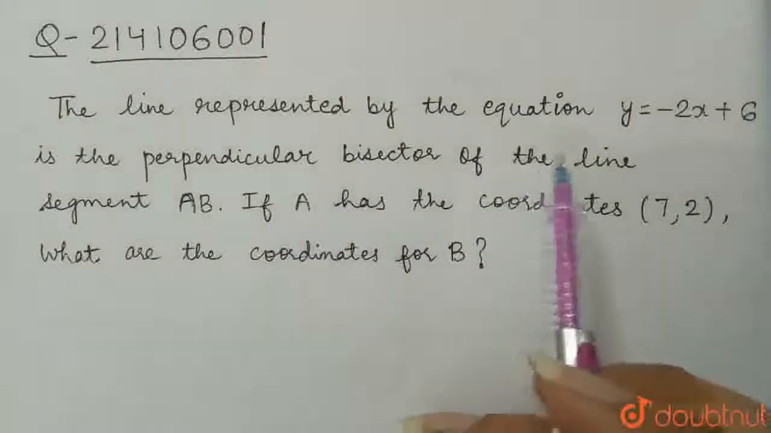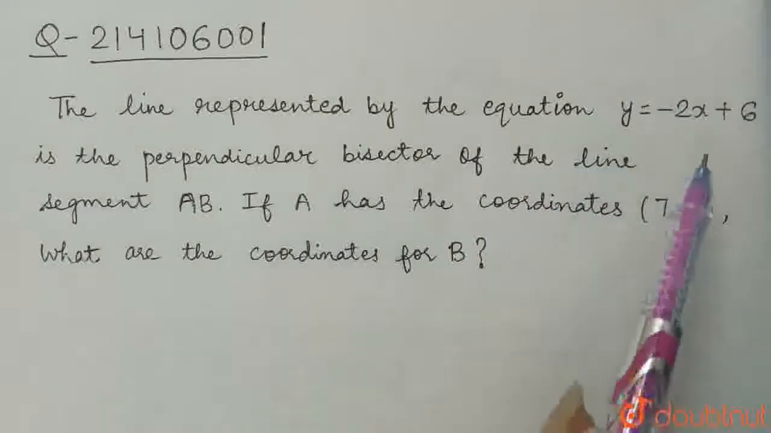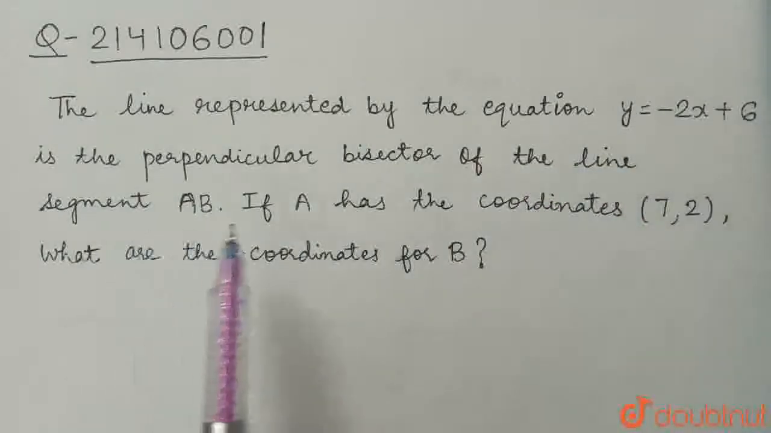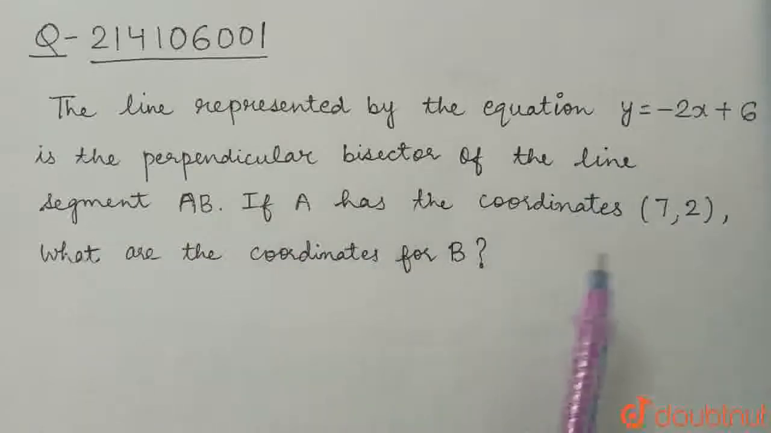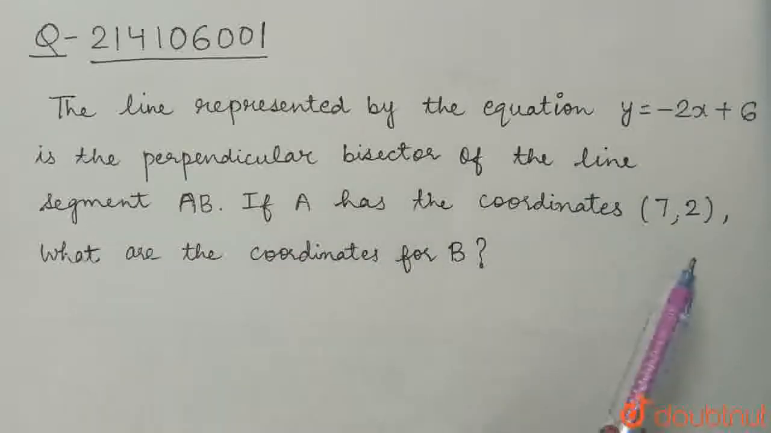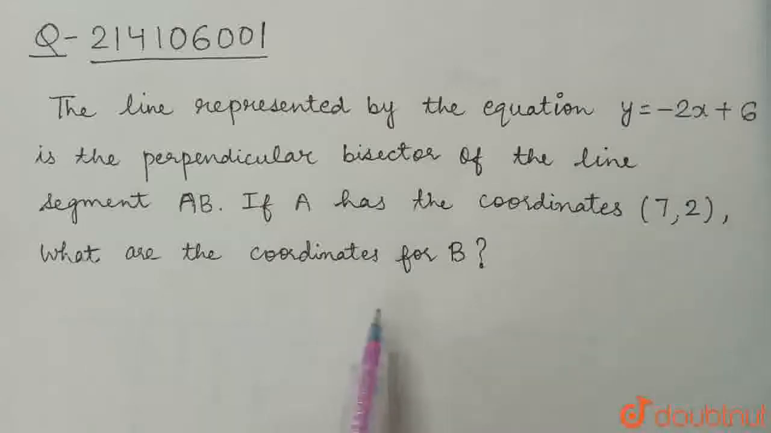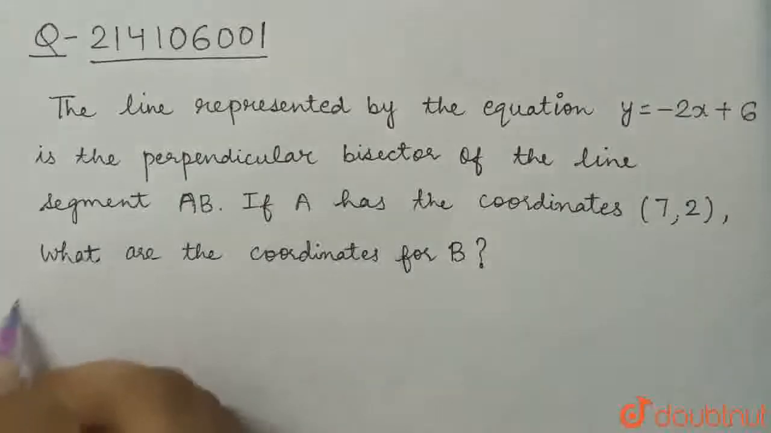Our question is, the line represented by the equation y is equal to minus 2x plus 6 is the perpendicular bisector of the line segment AB. If A has the coordinates (7, 2), what are the coordinates for B? So our solution will be,